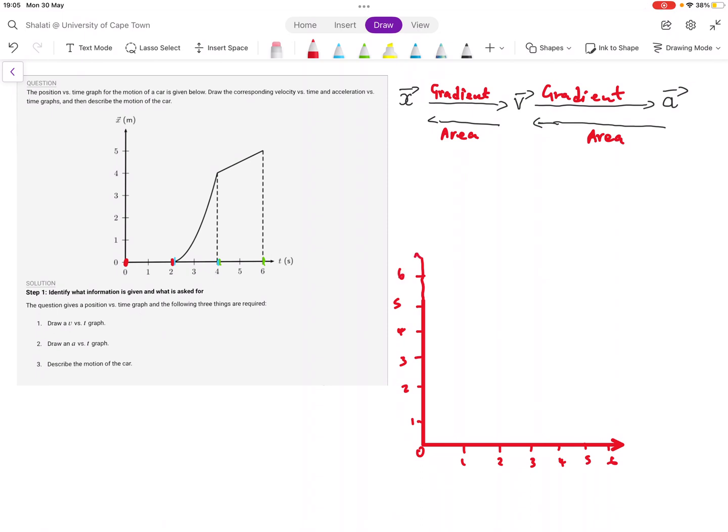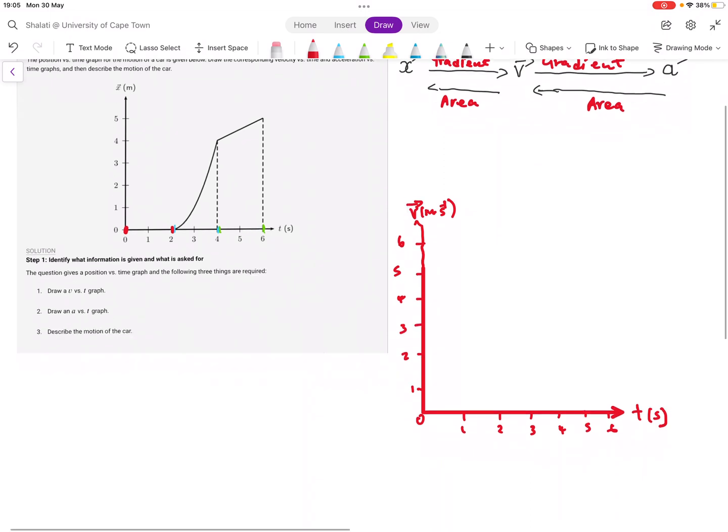So I want to draw my velocity time graph. So I'll have velocity here in meters per second. Then here I must have my time in seconds. So I'm going to go section by section and look at what's happening to my velocity. I said we must divide it into sections, so from 0 seconds, I'm going to write it down. From 0 to 2 seconds,